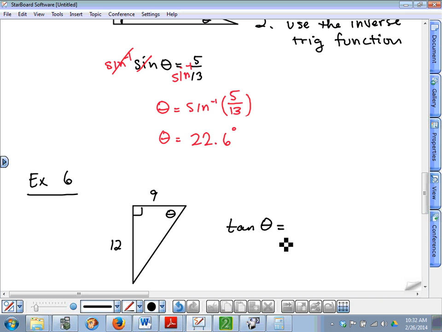Tangent of theta. The tangent of theta, does it matter if it's 12/9 or 9/12? It has to be 12/9 because it's opposite over adjacent. You could simplify it, but we could leave it here and still get the same answer. Now, how do we get rid of a tangent? Inverse tangent on both sides. Remember, this is an equation. You have to do it to both sides. Inverse tangent cancels a tangent, so theta equals the inverse tangent of 12/9, which on a calculator,